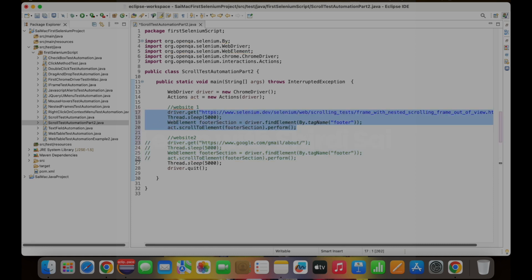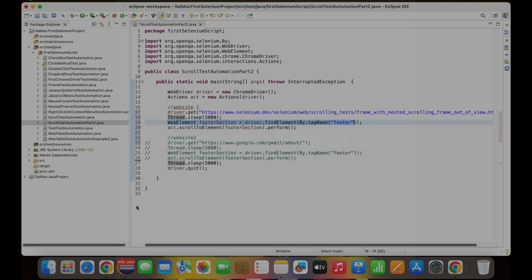In this code, the 13th line, which is highlighted, is for launching the Chrome browser, and afterwards I have written the Actions class for scrolling to that element. This only provides the scrolling feature, so I have added this code. In the 17th line we have the get method, where we can provide the URL for opening in the Chrome browser. Here I gave a 5 second wait time, and now I will not be using exactly the same